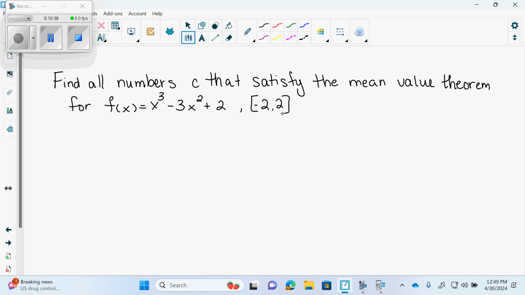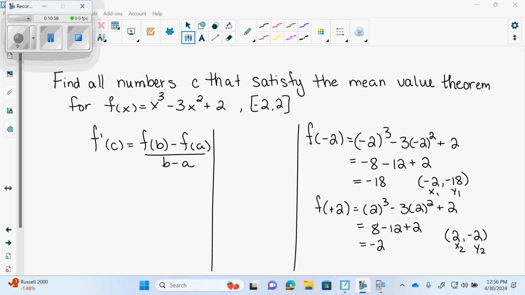You first need to state that it's continuous and differentiable, then do the mean value theorem. So tomorrow when I ask for the mean value theorem, you're immediately going to write down f prime of c equals slope: f of b minus f of a all over b minus a. You will immediately write that. So we find the coordinates at f of 2 and f of negative 2 so that we can get the slope of those. So we're going to get negative 18 minus 2 over negative 2 minus 2, which is negative 20 over negative 4, which is